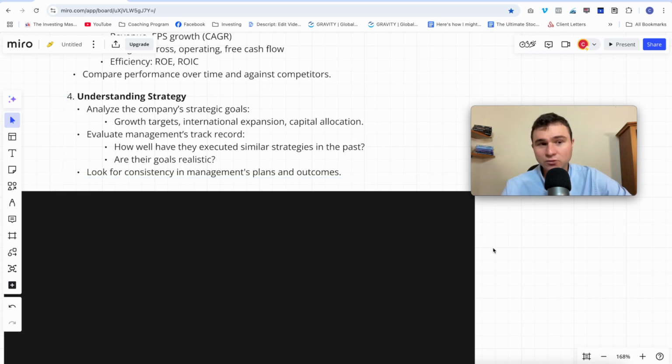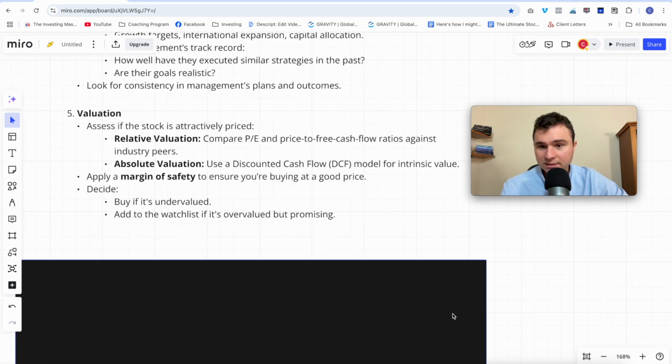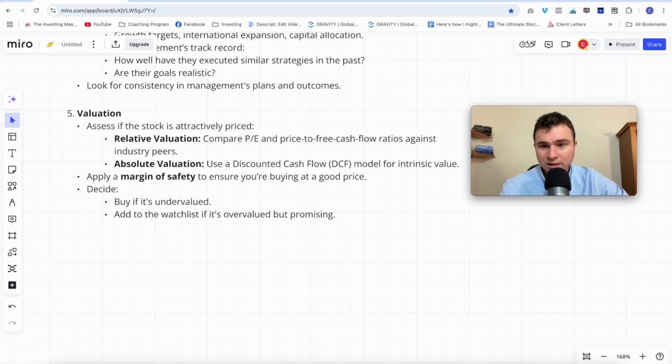So that's the qualitative aspect, to understand the strategy of the business. That's very important because if you don't know how the management thinks, you can't move forward with the last step. Now that you have all the information, quantitative and qualitative, the last step is the valuation. Very simple, and that's the end of this video after this, so you can do something else with your life. The next step of the analysis, once you become an expert of a company, is what is the price you're going to pay for the stock? Very, very good question.